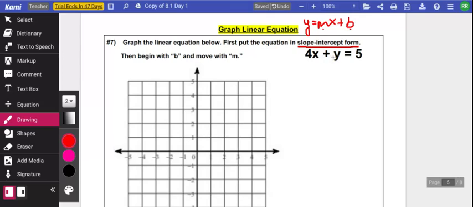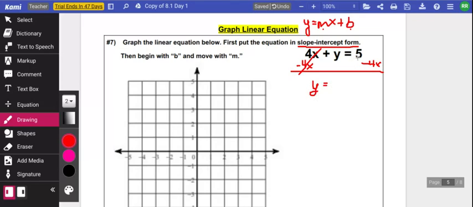So in this equation, I need to get y by itself. And so as you can see, it is on the left-hand side of the equation. And so I need to move this 4x to the other side. And so I would do that by subtraction, right? I would subtract 4x from both sides so that these 4x's cancel, and I am only left with y equal to,